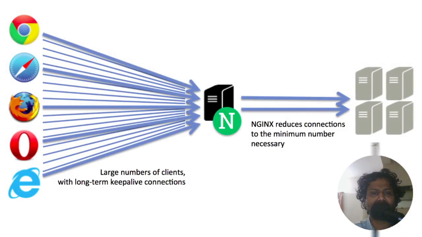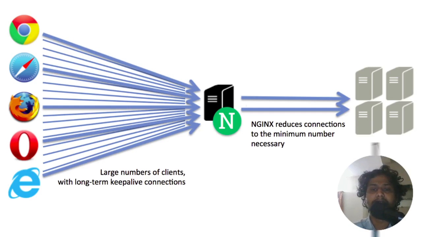Okay, so this is the thing. Some clients are asking for something, and it's using a minimal number of necessary connections to serve a number of servers. Okay, so I think you got that. It's not the server, but in front of the server, acting as a reverse proxy. So do you know what is reverse proxy? I mentioned in earlier tutorials that a reverse proxy hides the real servers, and a forward proxy hides the real client, and it checks the SSL and does all things for rate limiting and security purposes. Okay,